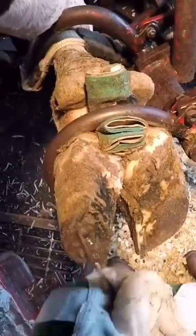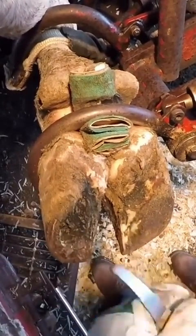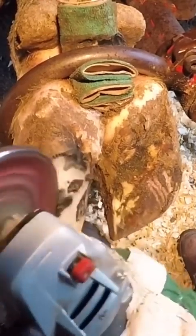Today's video, well, I'm not sure what I got. Now, generally speaking, lesions are pretty easy to identify. In this case, though, it's kind of throwing me for a loop. At this point, I'm pretty sure that I had a white line lesion based on the sole separation up